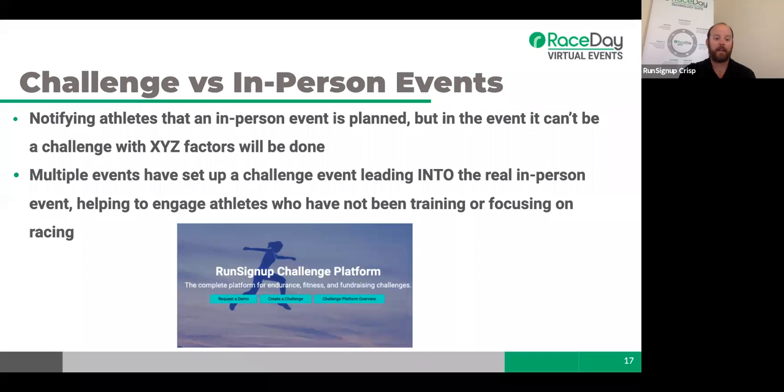The second thing is, this is kind of a new thing that people have started doing, and that's setting up a challenge that leads into the real in-person event. And what this has done is, a number of people are out exercising, but they're not engaged with the event anymore because the event may or may not happen. And so they're setting up their